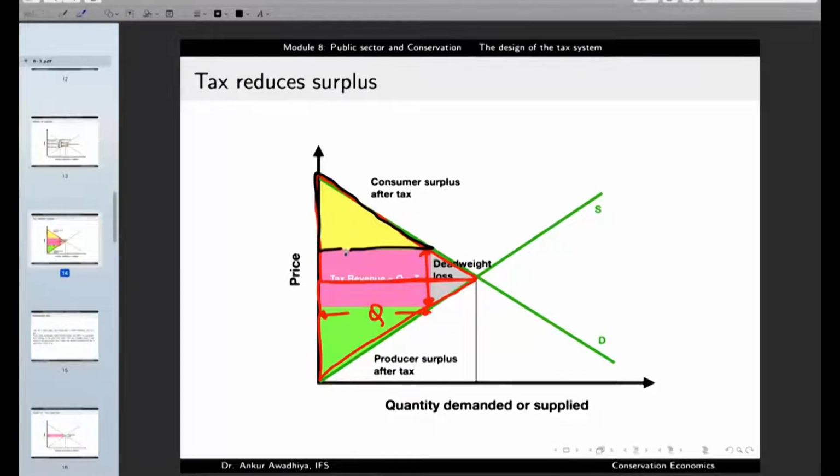So earlier we had a larger consumer surplus, now we have a smaller consumer surplus. The producer surplus also reduces. So this is the new producer surplus that we have. So it also reduces. Certain amount gets accrued to the government in the form of government revenue. And we also have a deadweight loss because of this taxation, which is this gray colored triangle. So earlier, where we were having a large producer and consumer surplus, now the producer and consumer surplus have reduced. The government is getting certain amount of the surplus in the form of tax revenue, but there is also a